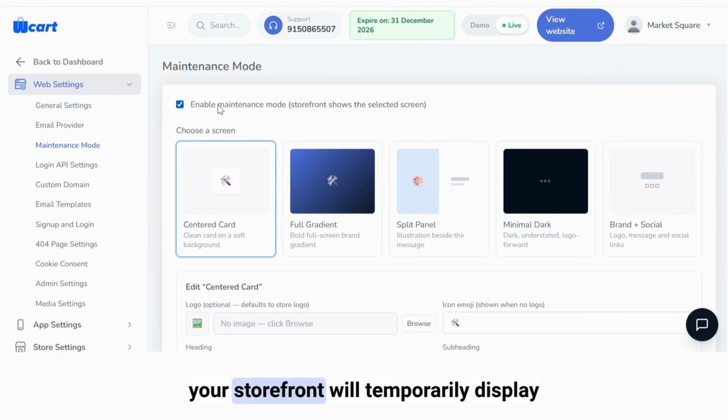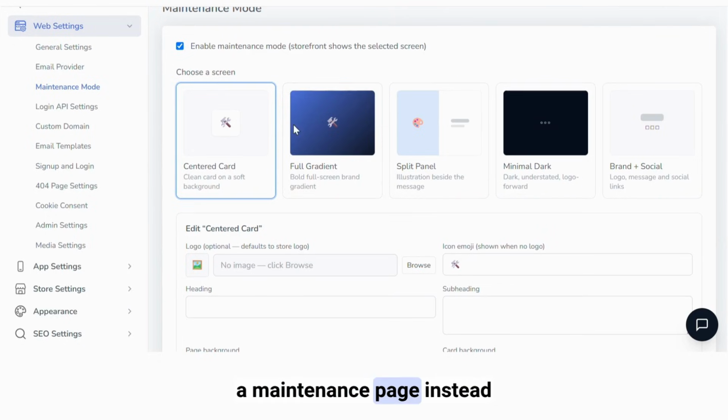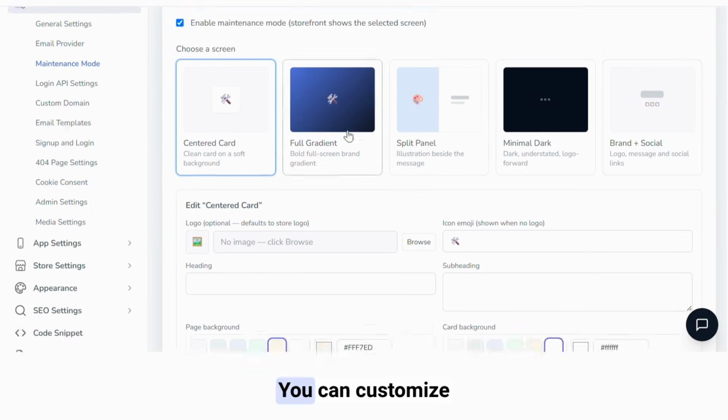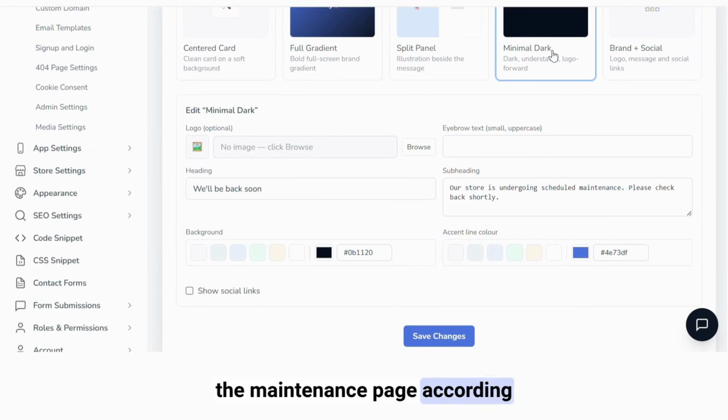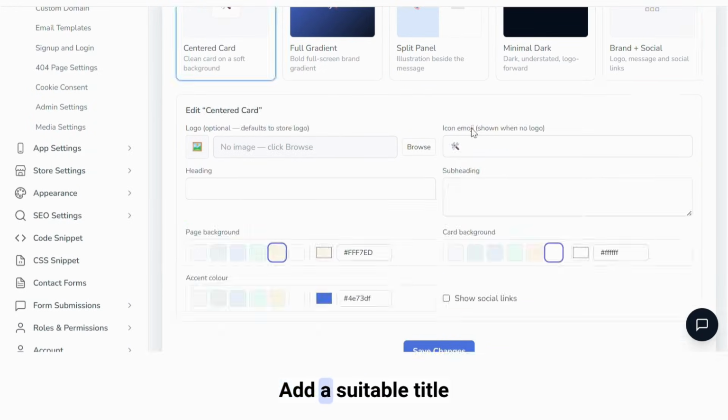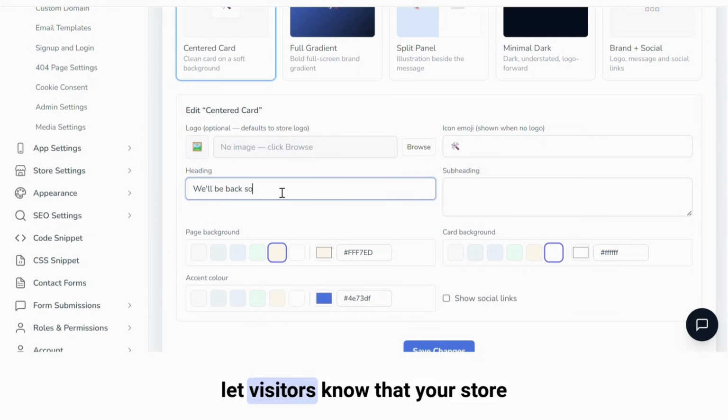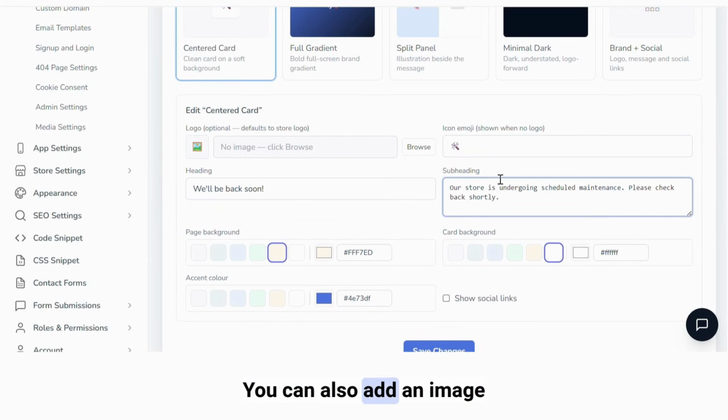When enabled, your storefront will temporarily display a maintenance page instead of the regular website. You can customize the maintenance page according to your store's requirements. Add a suitable title and description to let visitors know that your store is temporarily unavailable. You can also add an image or other available content to make the maintenance page more informative and match your